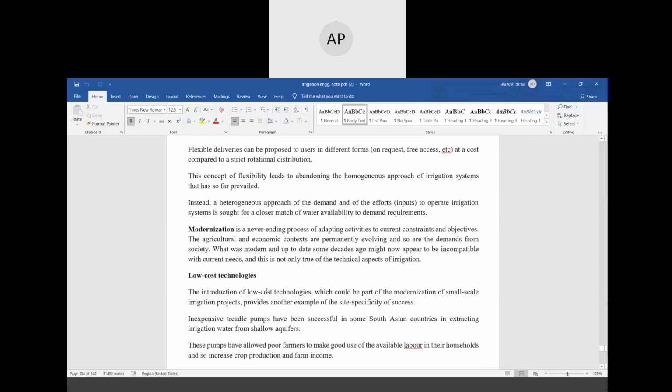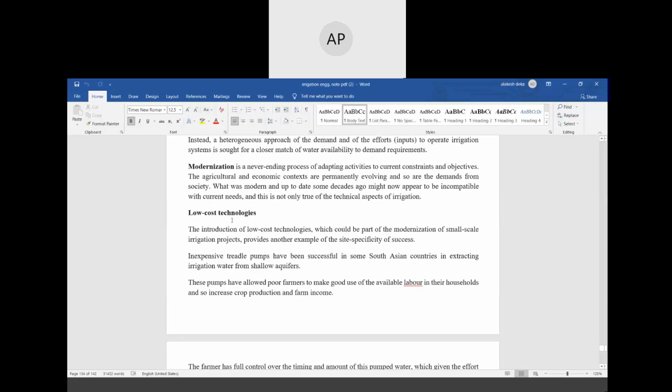So low cost technologies. What are the low cost technologies? The introduction of low cost technologies could be part of the modernization of small scale irrigation projects. So in a small village there may be some small scale irrigation project, and for that we require low cost technologies, which provides another example of site